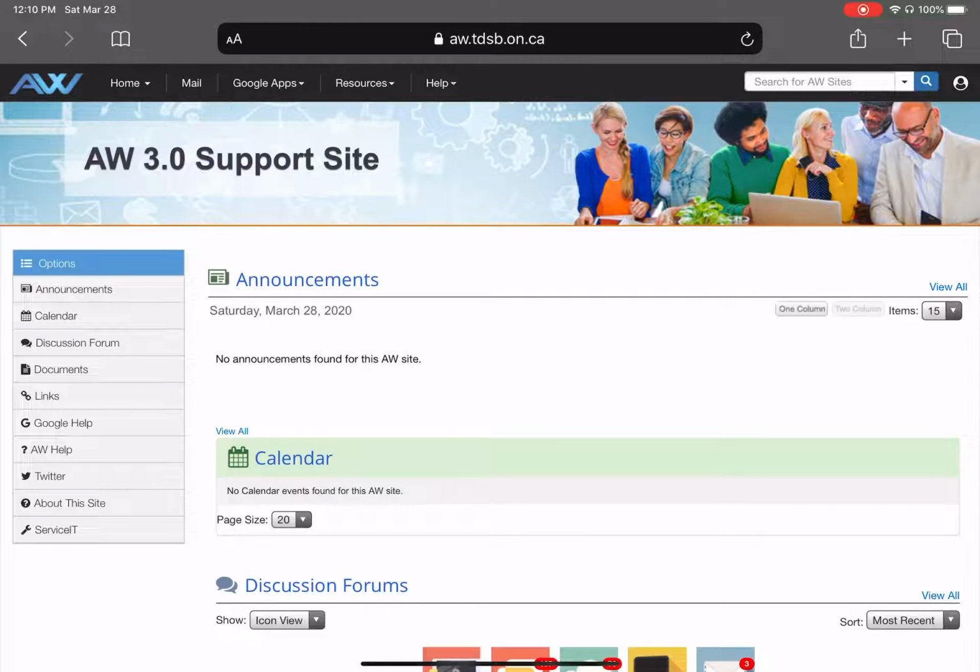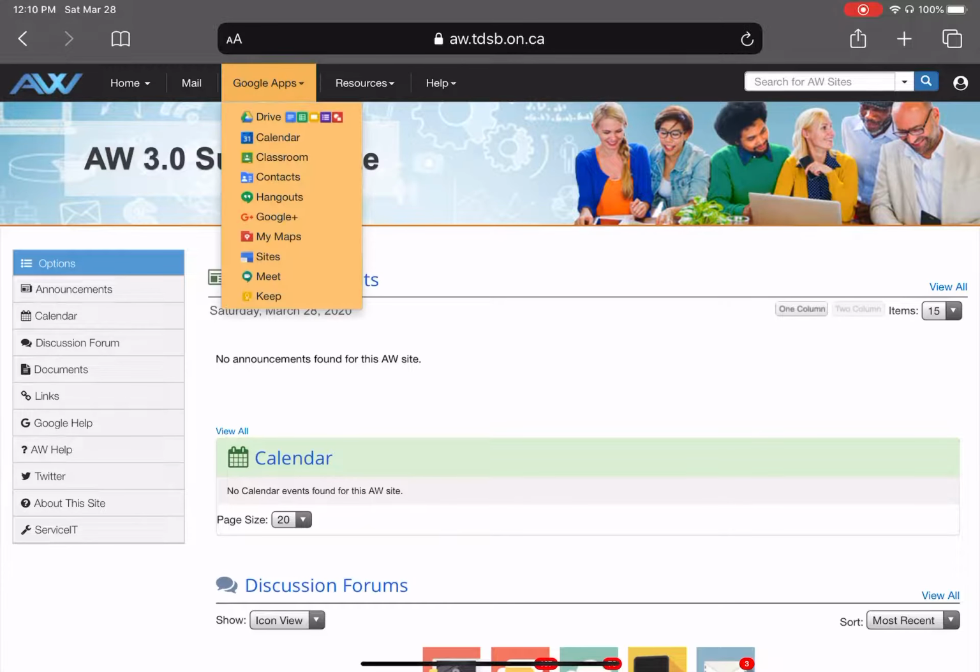I want you to go to the tab that says Google Apps. If you click on that one, this is where you can access all your G Suite apps, which are all your Google apps that you can use. So we're going to start first with Google Classroom. If you click on Google Classroom, which is the third one down,